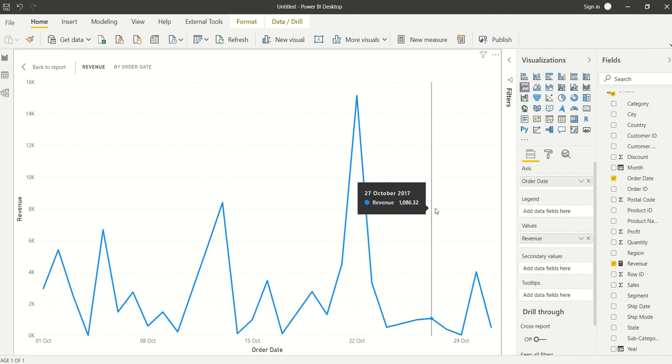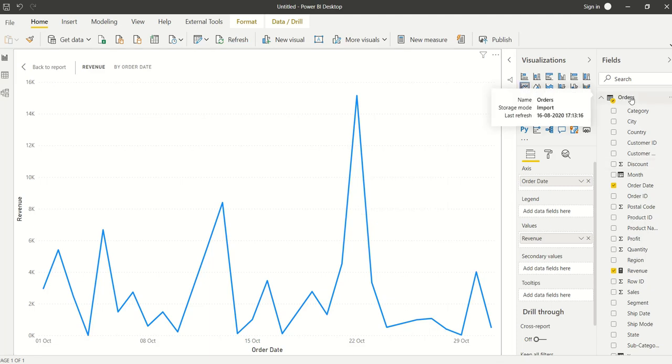So this is going to be the base for our line chart. This we already know how to create, but how to add maximum and minimum data points, that we need to learn in this example. In order to get maximum and minimum data points, we need to create two DAX measures that are going to help in this example. First is going to be the max data point and second is going to be the min data point.